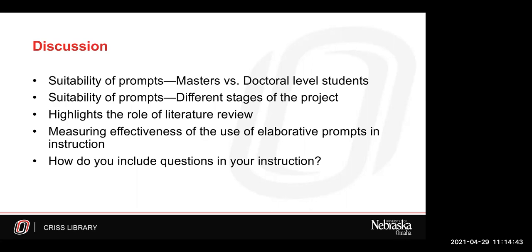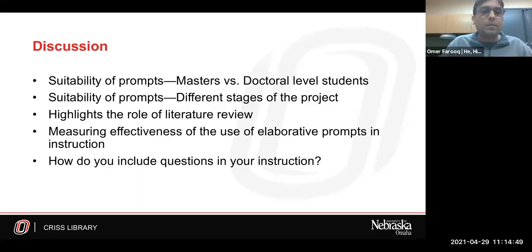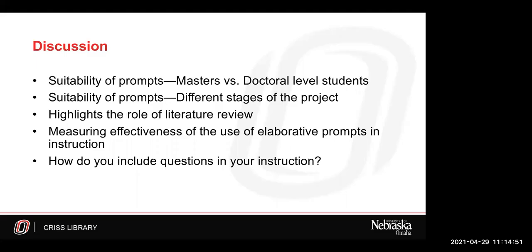A couple of comments, two from Anne. One is that she's relied more on the open-closed questions coming from the perspective of the reference interview, remaining focused on the immediate information need rather than the breadth of the process. And then she has a question: are these questions asked all in one session, or do you meet with the students throughout the research process?